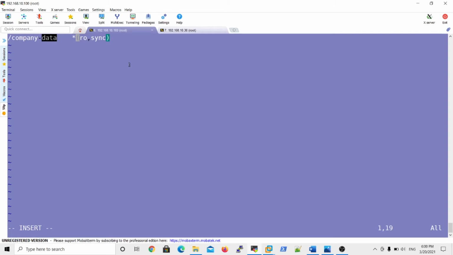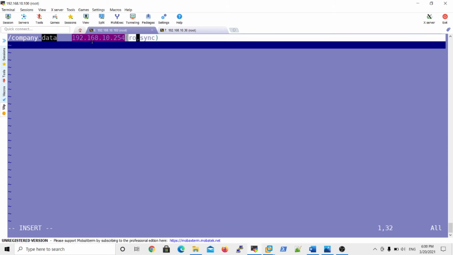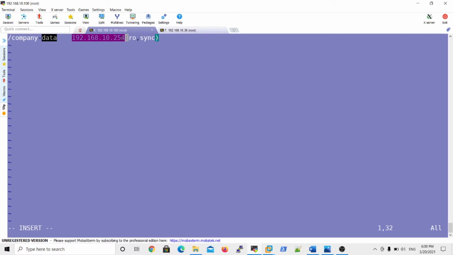If I write star, then everyone can access my company data with read only mode. If you write a specific IP address only, 192.168.10.254, then only the 192.168.10.254 machine can access this company data with read only mode. Now I want to share this folder with all 10.0 network people with read only mode.